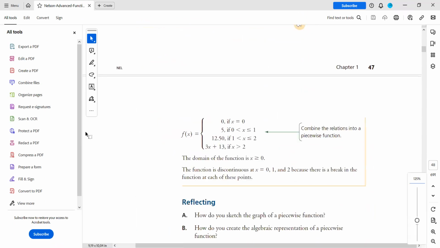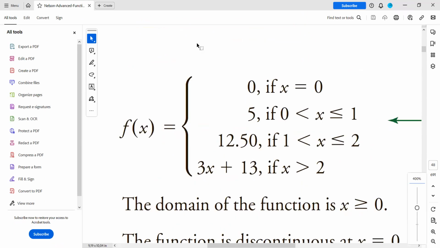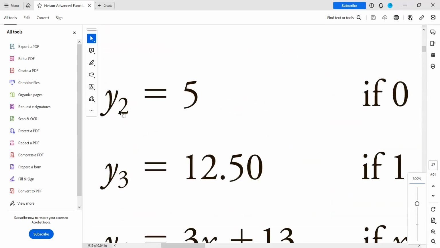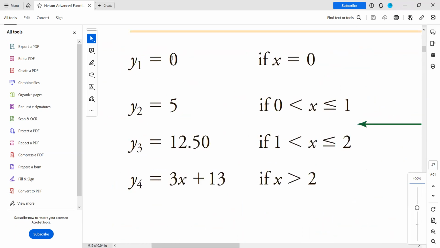Basically, how do we do that? We write our function notation f of x, we say equal to, we make a figure bracket like this, and in this figure bracket, we write all of these functions that we came up with here. 5, 12.5 are also functions,